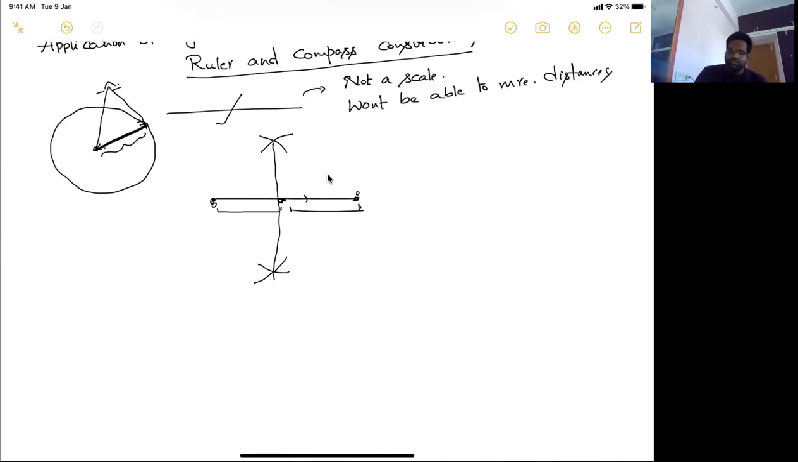And then you use the basic postulates of Euclidean geometry to prove that this is the midpoint of the given straight line. And moreover, this line is actually perpendicular to the given straight line. So that is what we do. And also, you know how to